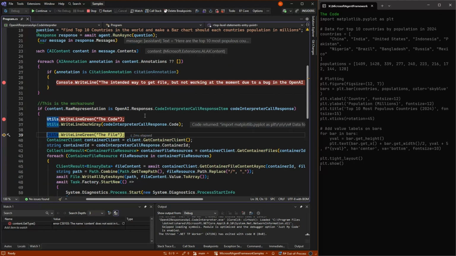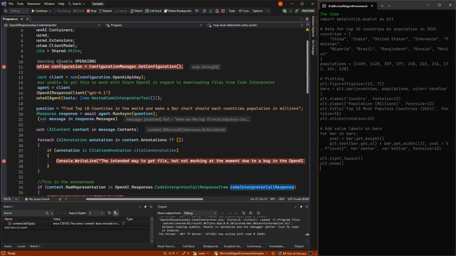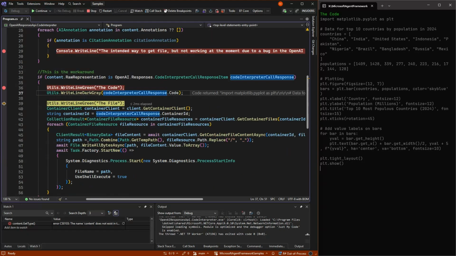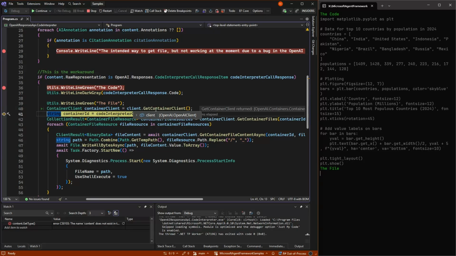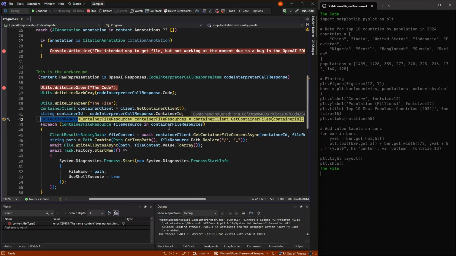But to get the file, we do a little workaround here in that we get the container client from the Azure OpenAI client. So the client can make LLM calls, but it can also work with all the other data it has, in this case a container client. And we get the container ID here, which we can then use to grab the files that container created.